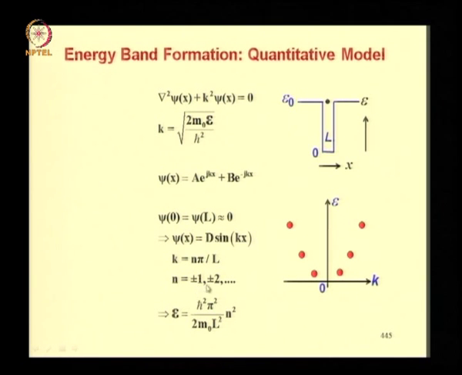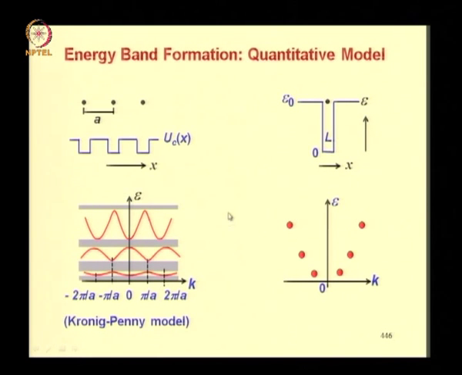where n is equal to plus or minus 1, 2 and so on. Now the same information has been represented graphically here. So these are the different values of k, and if you put these values of k in this formula, you get this relation between E and other parameters of this situation. So these are the energies. So discretization of energy is a consequence of discretization of k, which is a consequence of the boundary condition that wave function goes to 0 at both these ends.